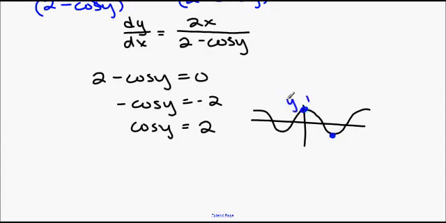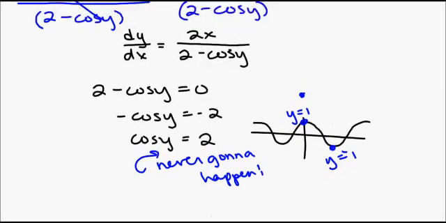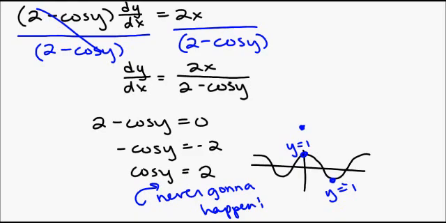The lowest it's going to go is at y equals -1. So 2 is up here. Cosine y is never going to be 2. So this is never going to happen, which means that we have nothing to worry about. Okay? So since cosine y is never 2,